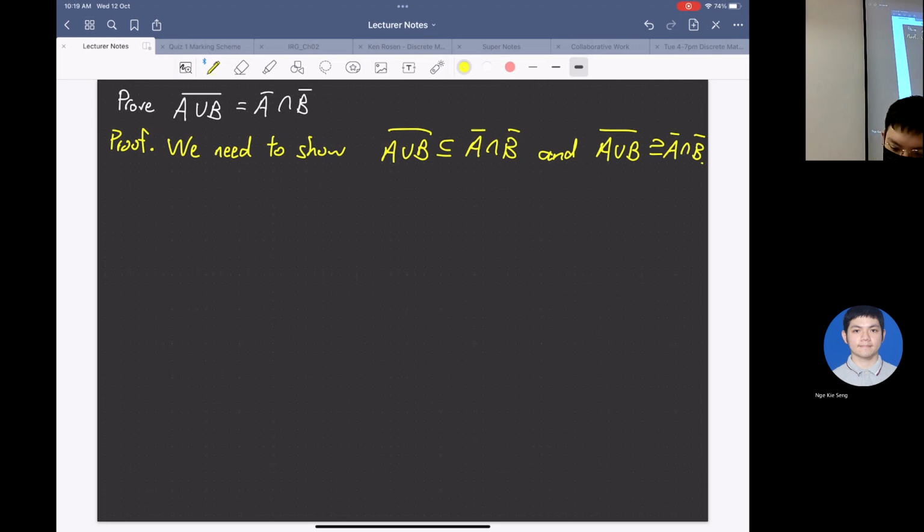Okay, so let's do the first one. To do the first one, we need to take an arbitrary x from the complement of A union B. And what it means is